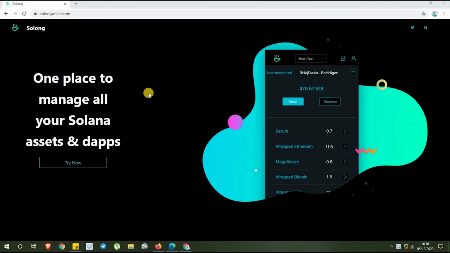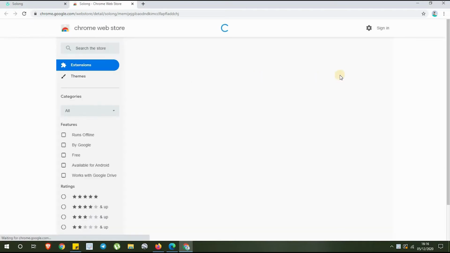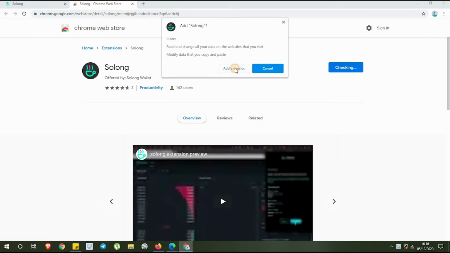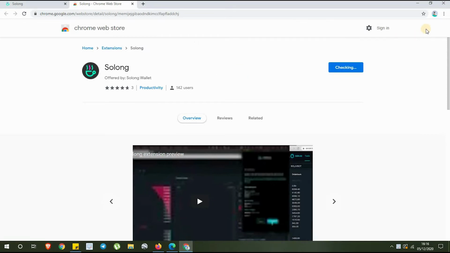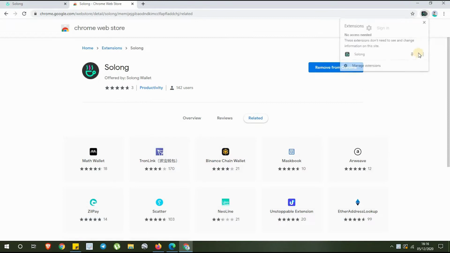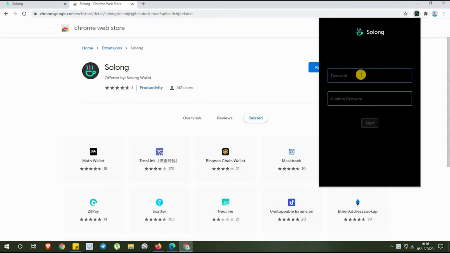So the final thing I'm going to go through here is solongwallet.com, where you can manage all your Solana assets and dapps and wallets that you might have all in one place. So this is a Chrome extension. So if you go over to Chrome Web Store, add to Chrome, it will bring it up in your browser up here. So if you just pin that, then it will just remain in the browser. It's really simple to use. You set a password up,